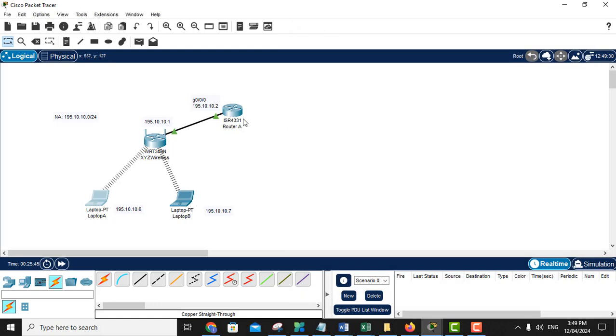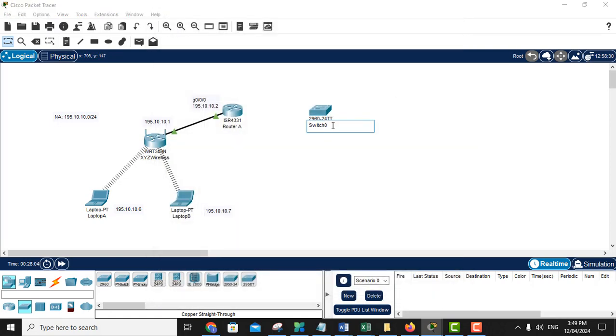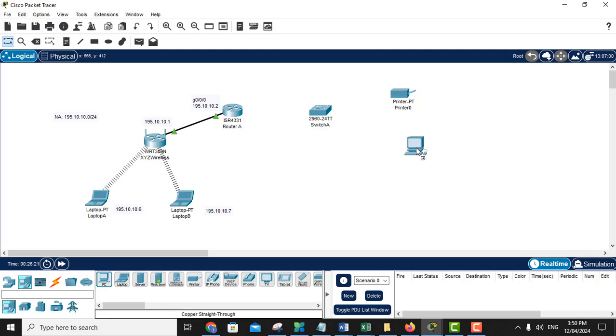Now our next objective is the other side of the router. We have to add a switch. Okay. So let's name it switch A, and we will add two computers, a printer, then we have two PCs, and